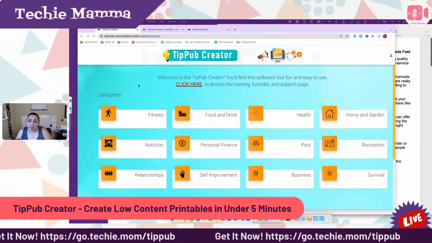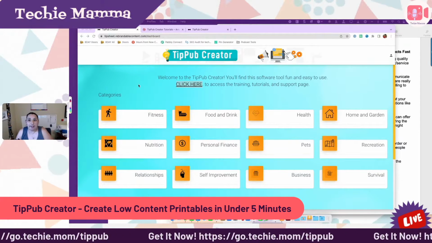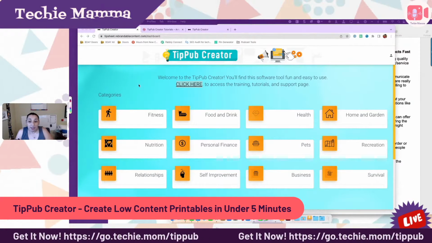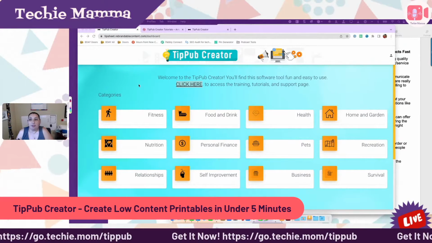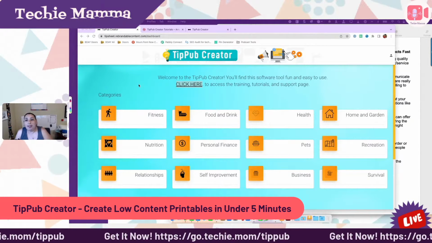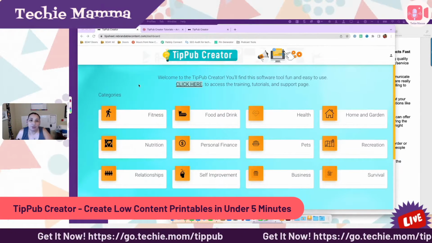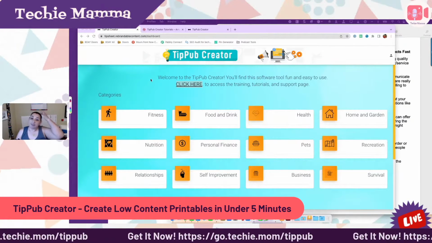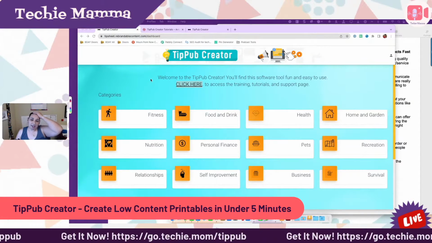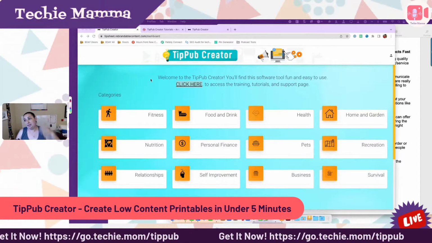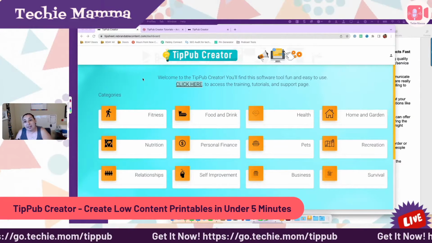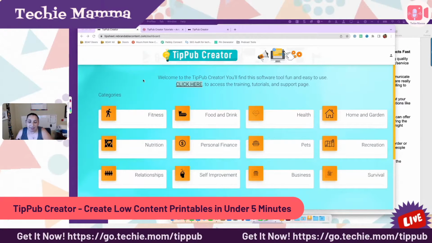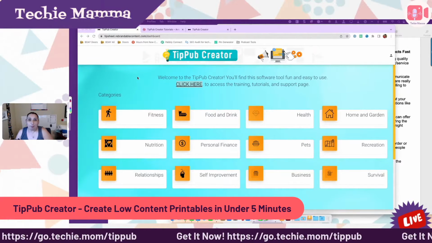So a lot of times, we have these great ideas, but getting it into a piece of printable content is hard. We have to juggle Canva, or maybe we have InDesign or Publisher, or we're using PowerPoint or something like that. So it just takes time, it takes energy, and that's just to create the printable. It also takes finding all of the different tips or different things that we want to put in there. So this little app by Amy